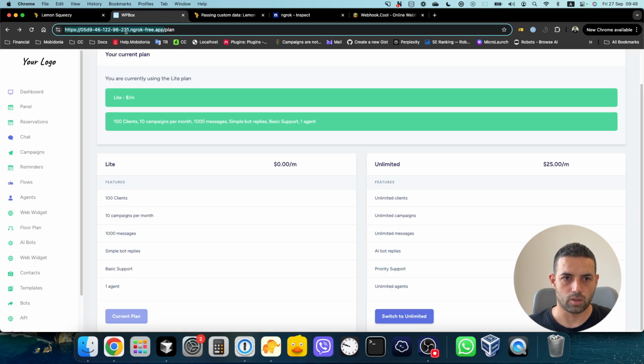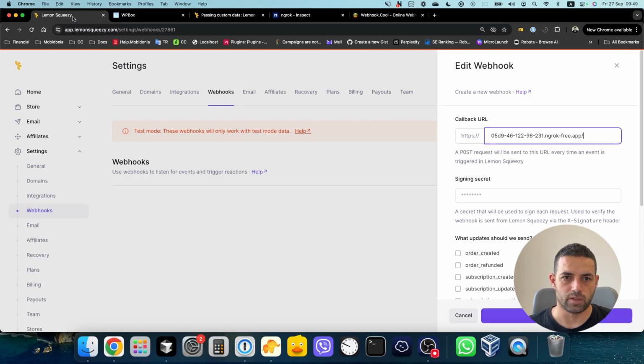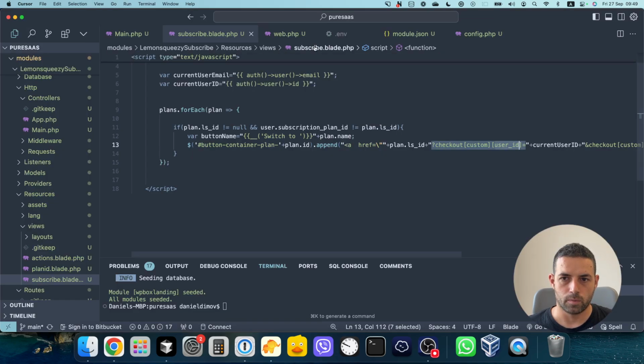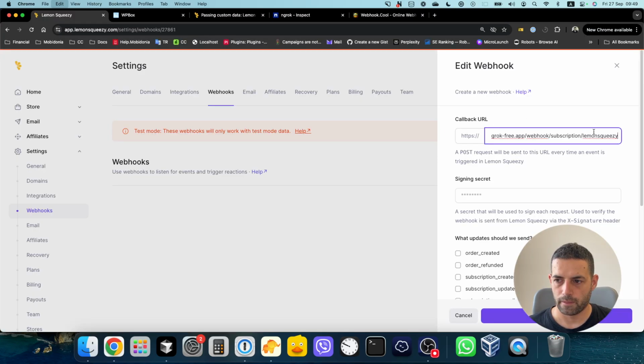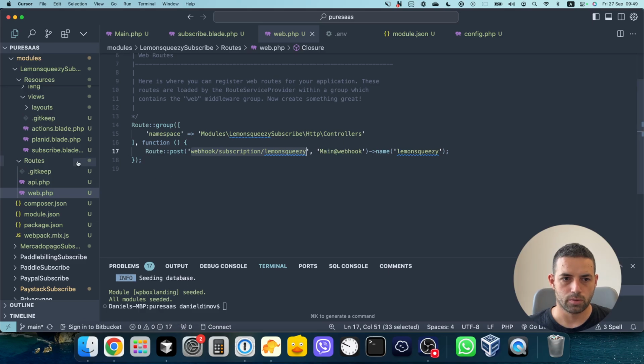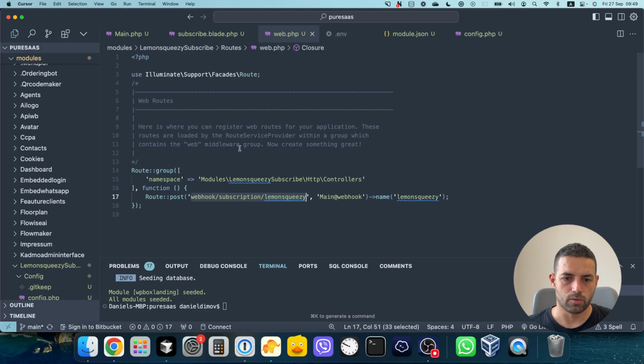This is working offline, but I'm using ngrok to have it accessible from everywhere. And what we need here inside routes web PHP, I have created this post webhook link. So this is the URL webhook subscription Lemon Squeezy. Great. And it's really important to let you know here that all the routes by default are protected by CSRF